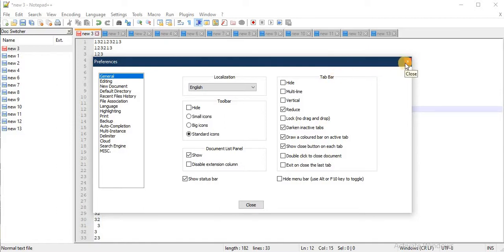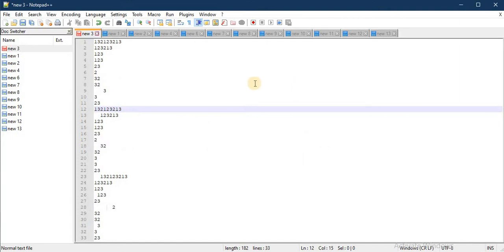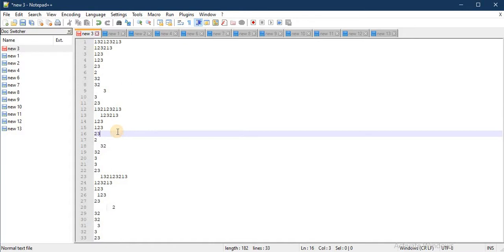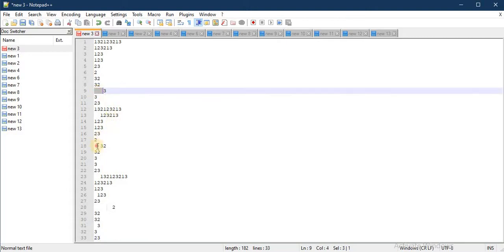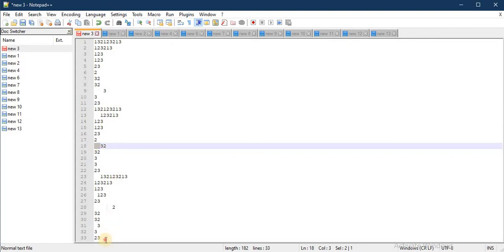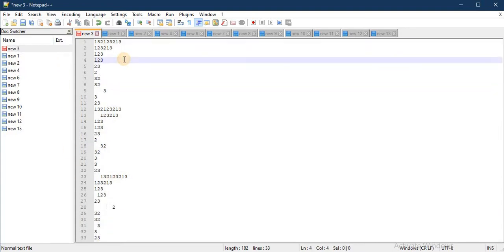Now coming to the second one. Consider we have this many rows of numeric data, and we have to get only the distinct values. As you can see here, many rows are there, and some unwanted spaces are there, and we want to know how many distinct values there are. It looks like a very tough task for Notepad, but it's very easy here. So let's start, I will show you how we can do that.